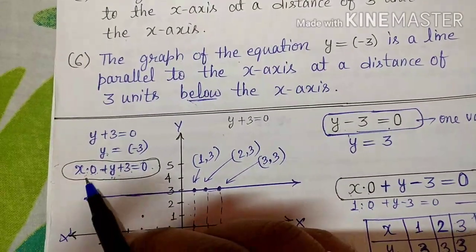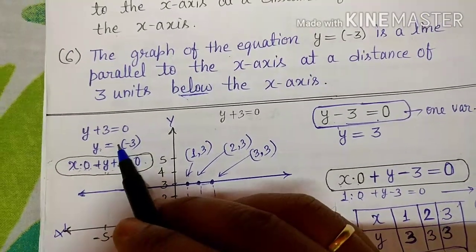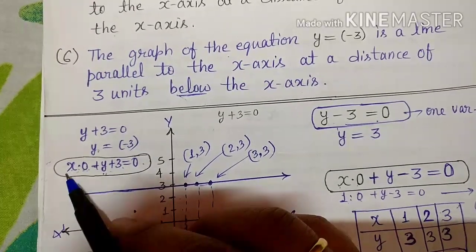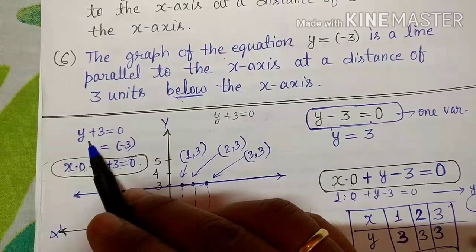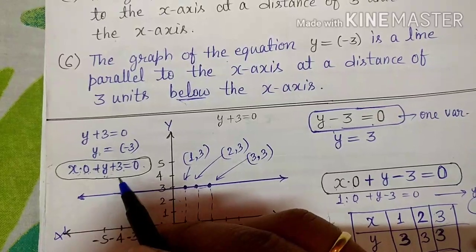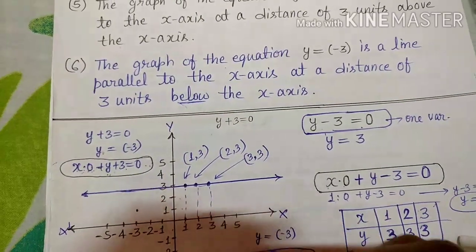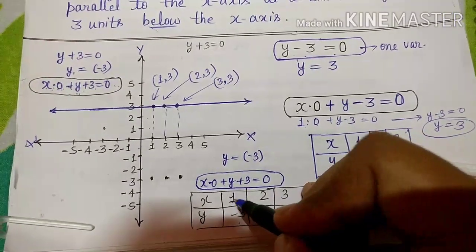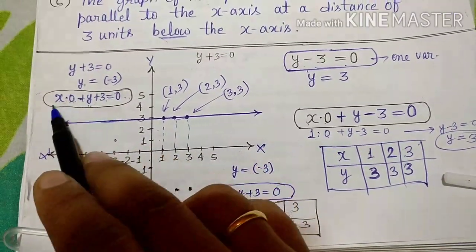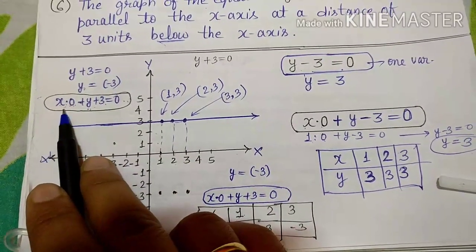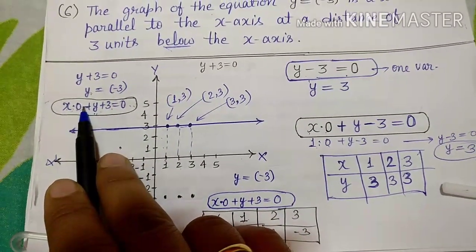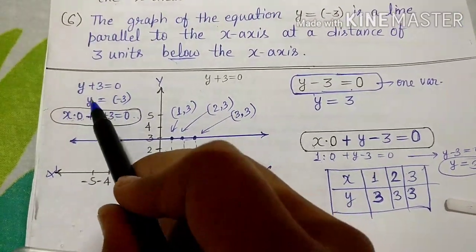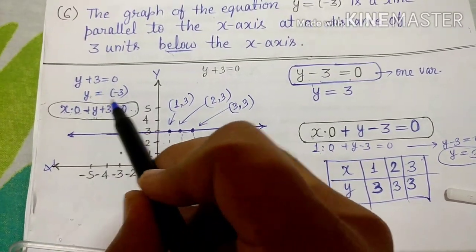So how can we write it? We can write x multiplied by 0, because we have to show this on a graph, so we can make it into two variables. x multiplied by 0 will not make any difference in this equation. y plus 3 remains the same, equal to 0. Okay, now we can make a table. First we have taken minus 3 in place of y. In place of x we have taken 1. So 1 times 0 is 0, because in place of x we are putting 1. So what is left? y plus 3 equal to 0. y will remain here, 3 will go, it becomes minus 3.